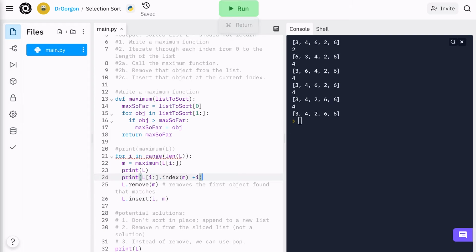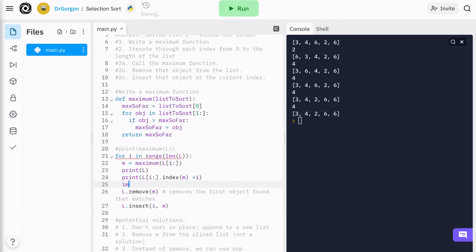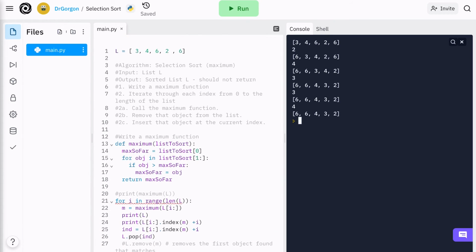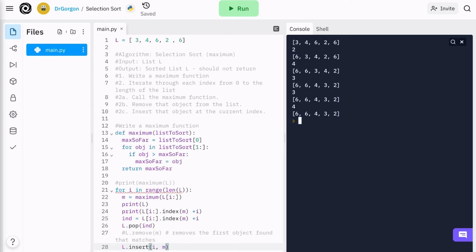So let's try using pop. In this case, we want to make sure that the index that we are dealing with is the index from the slice that we are currently working with, plus I, and we are going to pop the object at that index and insert it back at I. So this last solution works for the algorithm that we set out to make